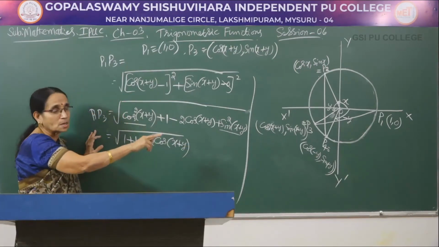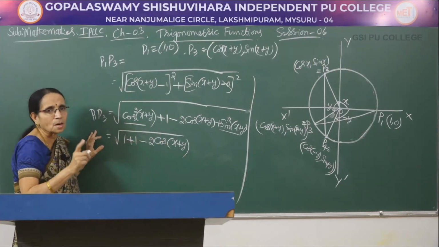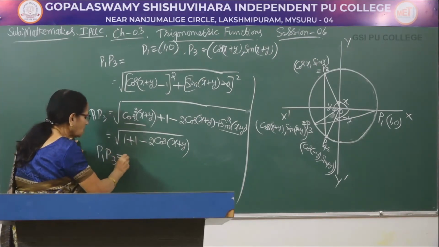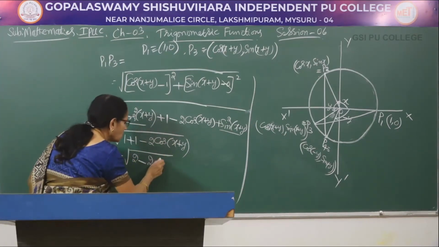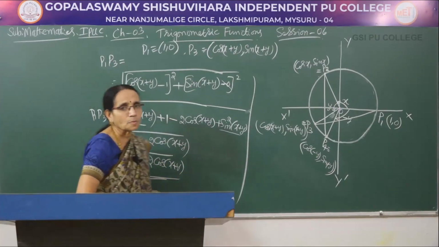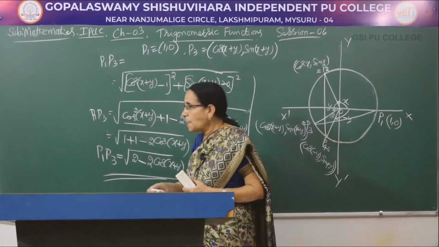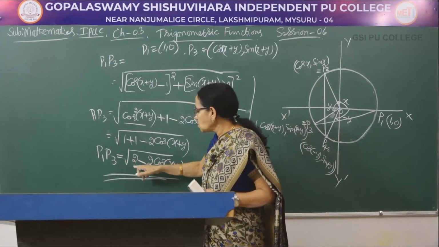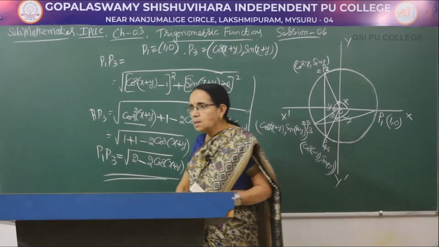Now, you have to give the reason in the working column, since we know that cos square theta plus sin square theta is equal to 1. So, 1 plus 1, that is 2. Hence, we have P1P3 equal to root of 2 minus 2 times cos of x plus y. So, this is what I am having now. That is, when you consider the coordinates of P1 and P3, using the distance formula, I got the distance P1P3 equal to square root of 2 minus 2 times cos of x plus y. You keep this answer on one side.